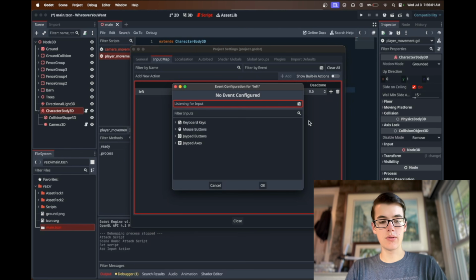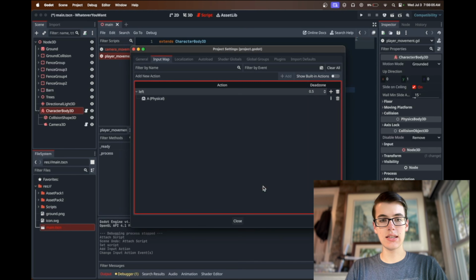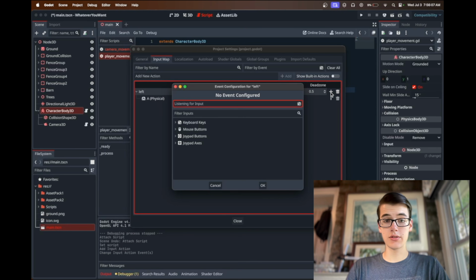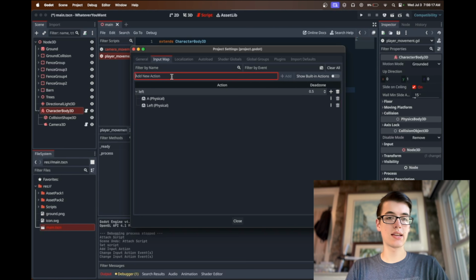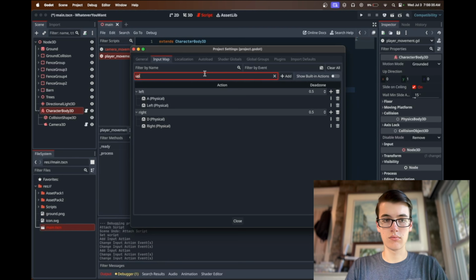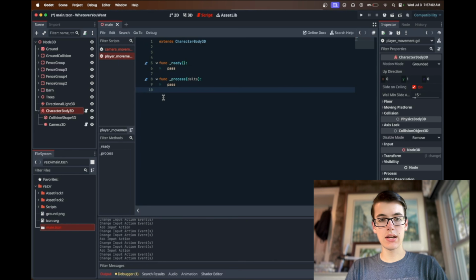So for example, we could click plus, I'll press the A key, and you can see it automatically selects the A key, and we can hit OK. Now we could also add the left arrow as well, and now both the A key and the left arrow will have an effect over this left input action. And we can do the exact same thing for all of the other actions. And once we've added all of our actions, left, right, forward, and backward, we can go ahead and implement them